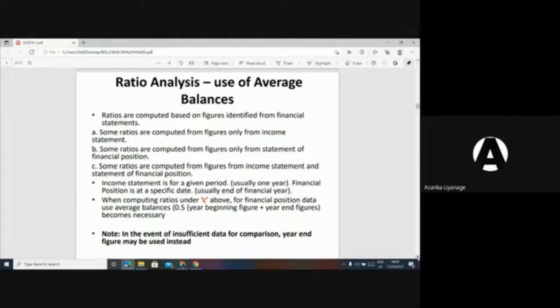Right. What is the conclusion? First point under C: the income statement is for a given period, usually for one year. If you take the heading of the income statement, we say so and so company, income statement for the year ending 31st December 2020. But when it comes to the balance sheet, you say so and so company, statement of financial position as at